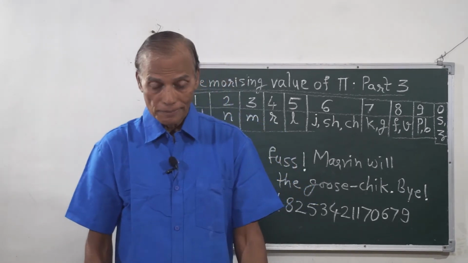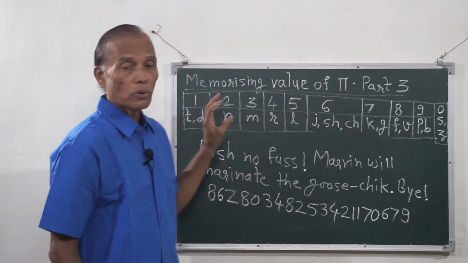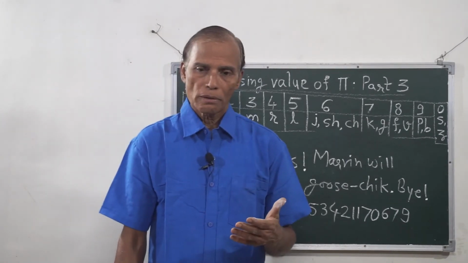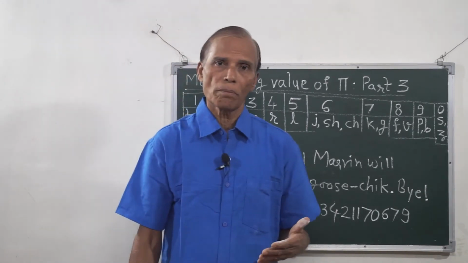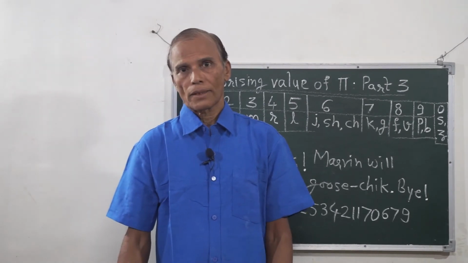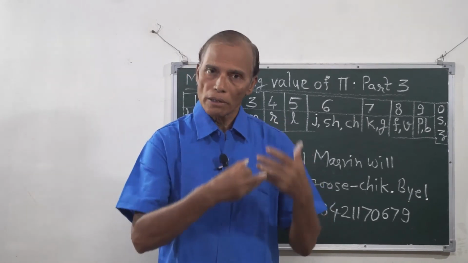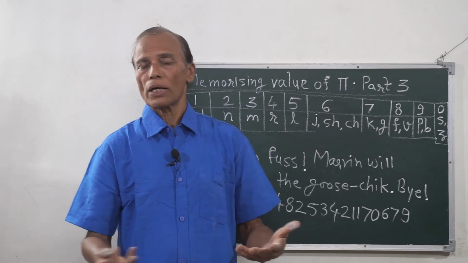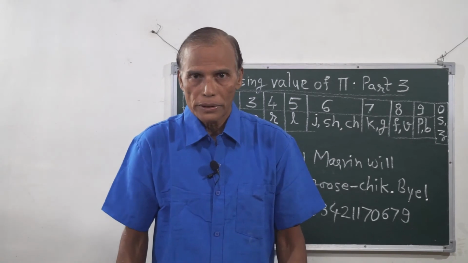Friends, if you master this code known as phonetic code, then you can easily remember big numbers. You can remember the value of pi up to 100 digits. You can even go beyond that. You get the digits, say the next 100 digits, convert them into your choice of text and remember them, so you can go beyond 100 digits also.